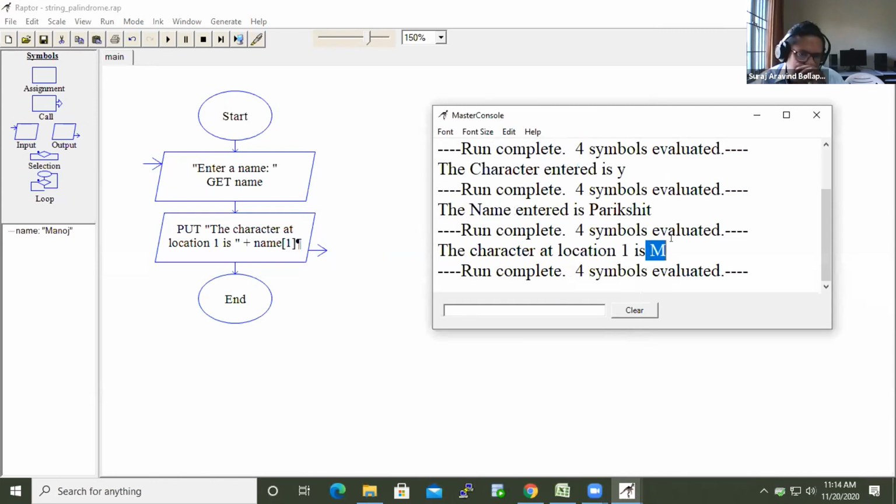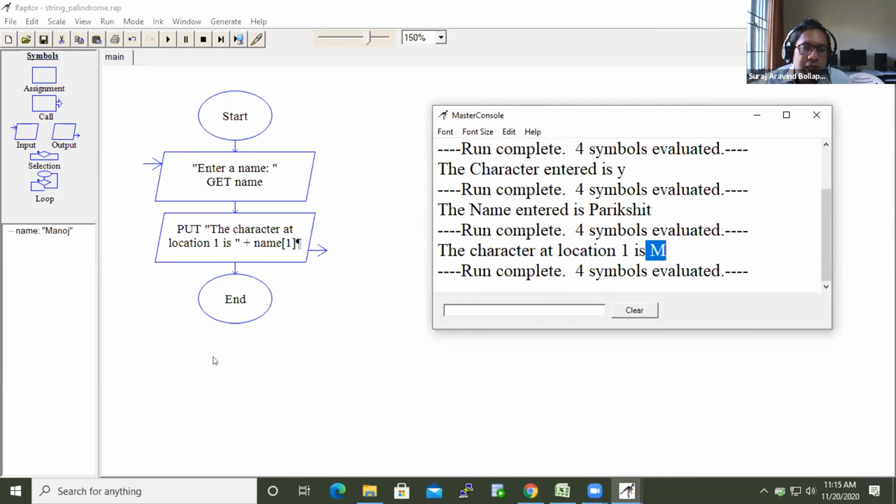So the string can act as an array of characters. Now, with this logic, can I check whether the string that I have entered is a palindrome or not?